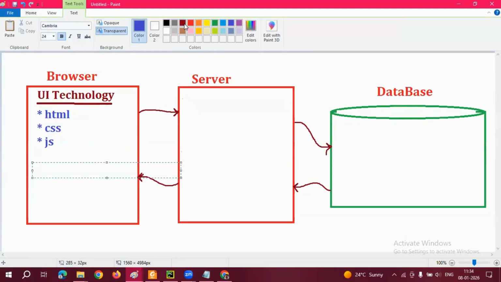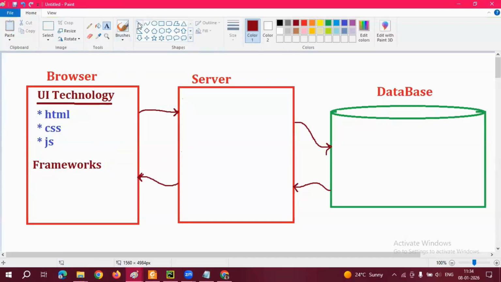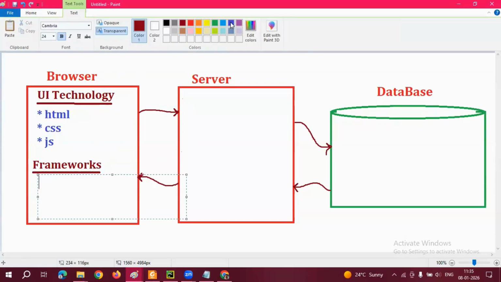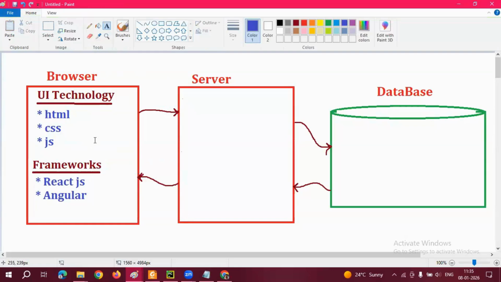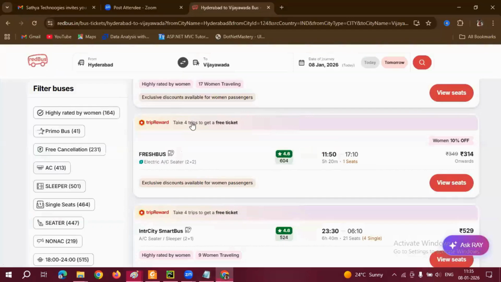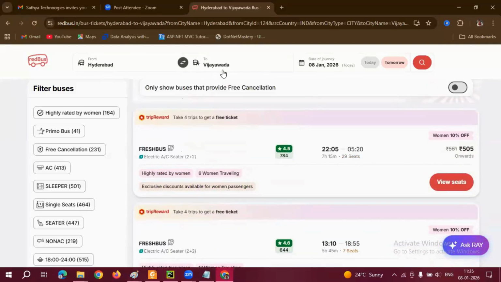And you need to focus on frameworks also. Sir, what are the frameworks I have to focus on? React.js and then Angular. These are the frameworks you need to focus on, guys. Either React or Angular, any one framework is required. This is front-end development. The purpose is to develop and work on these types of designs, your browser related things. But whenever I ask Hyderabad to Vijayawada, Hyderabad to Bangalore, Hyderabad to Chennai, Hyderabad to Delhi,